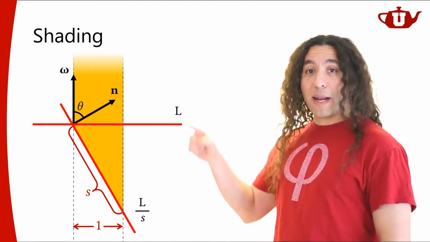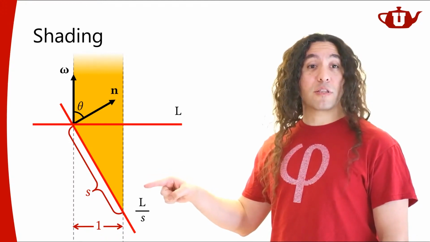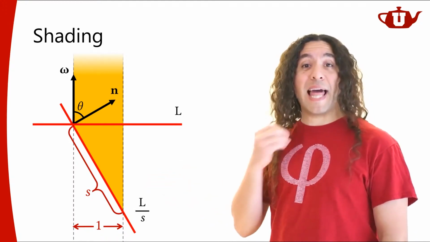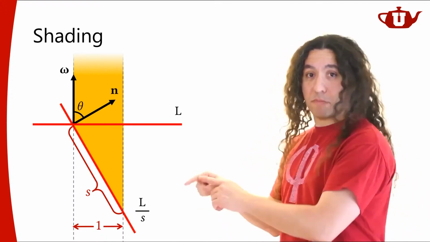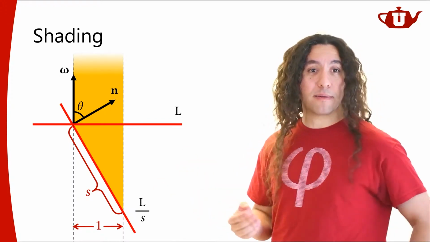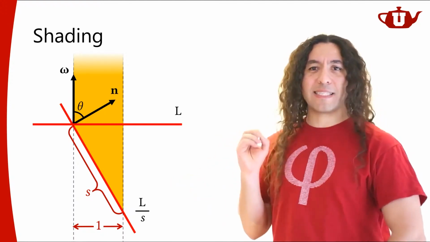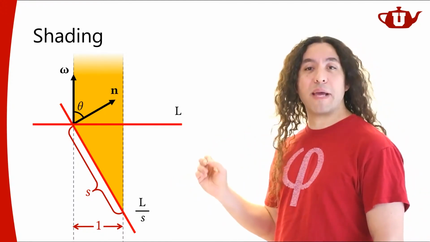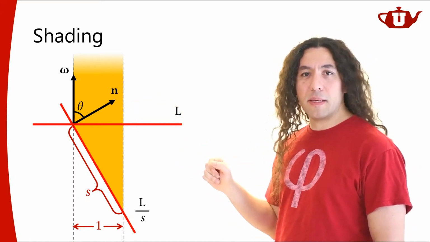So that's why when I rotate it, I expect this to look darker now, because it's receiving less light per area. Does that make sense? Because S is greater than 1, obviously. But how much greater than 1? Can we say exactly how much it is based on this angle theta over here? Because that's going to determine everything, right?